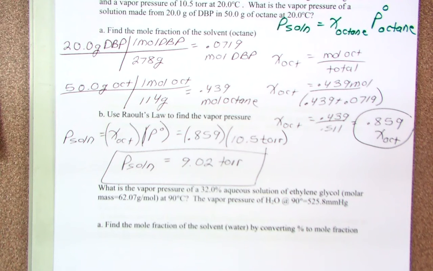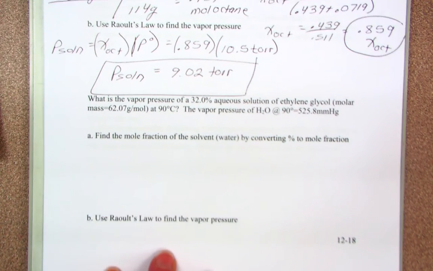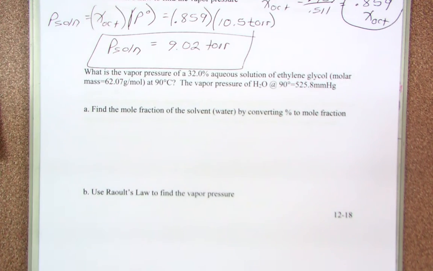So that's probably the easiest problem of this type that you would see, where you're given information, I have so many grams of this and so many grams of that, figure out the pressure. That'd be the easiest. Now let's look at a medium sort of one. What's the vapor pressure of a 32% aqueous solution of ethylene glycol? The vapor pressure of water at 90 degrees is